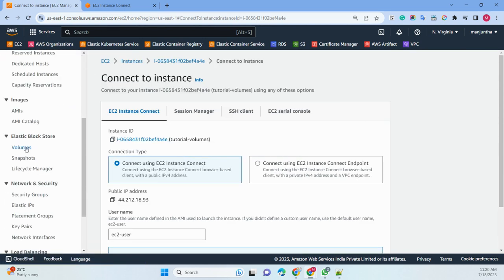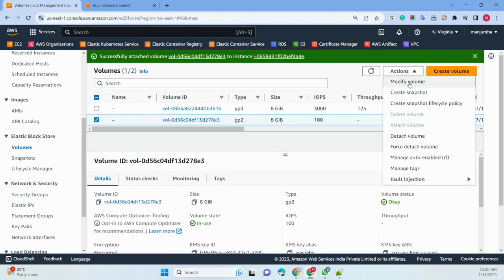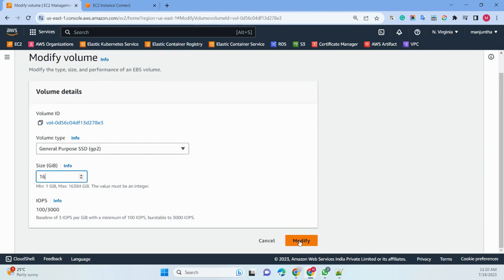So volumes, and I'm going to make it 16 GB. I'll go and modify the volume. I'll just make it 16 GB. Okay, and once you have modified it,